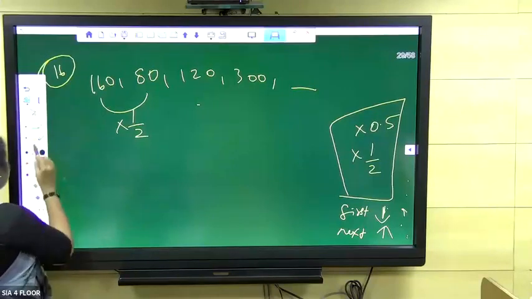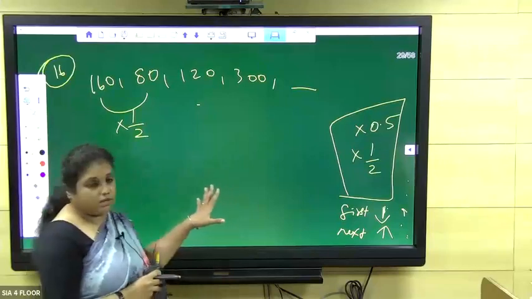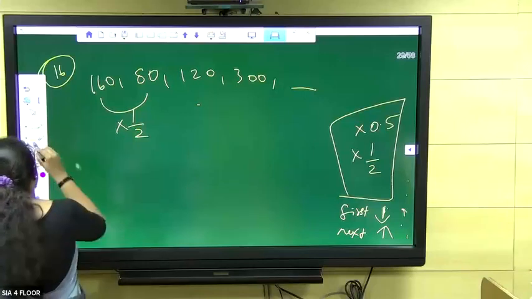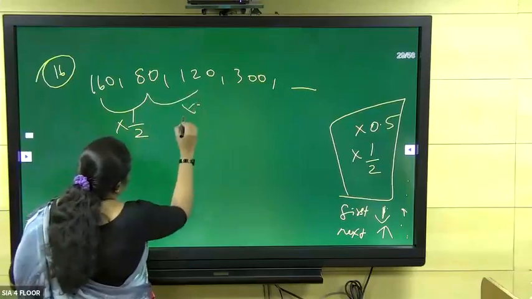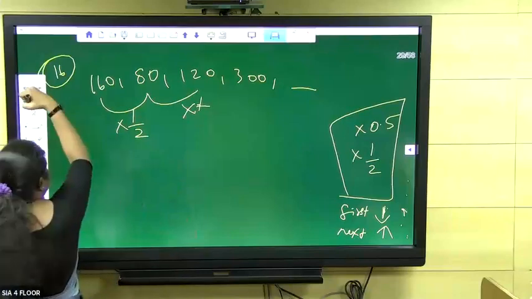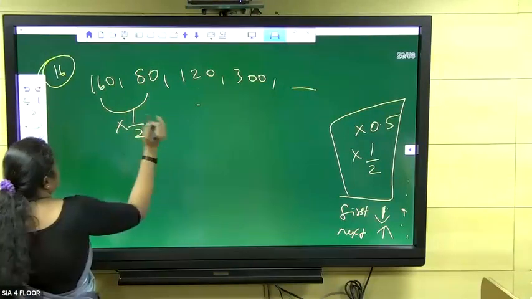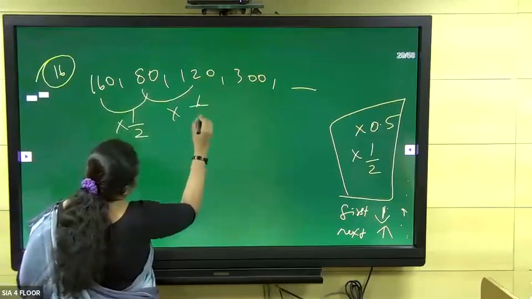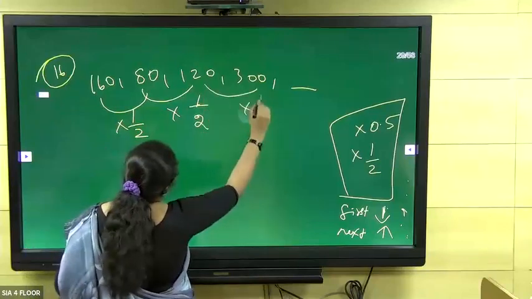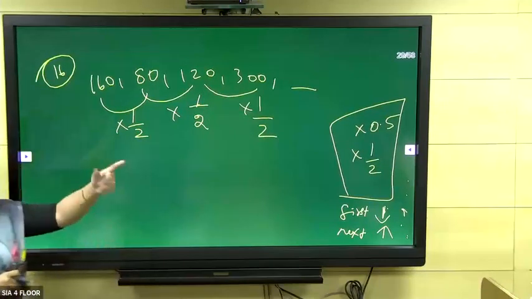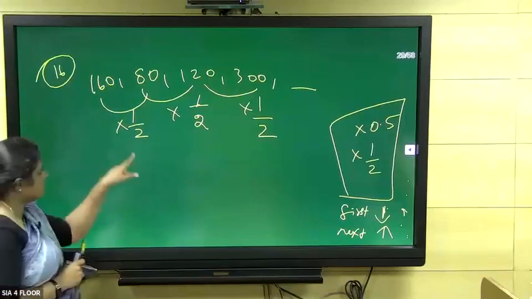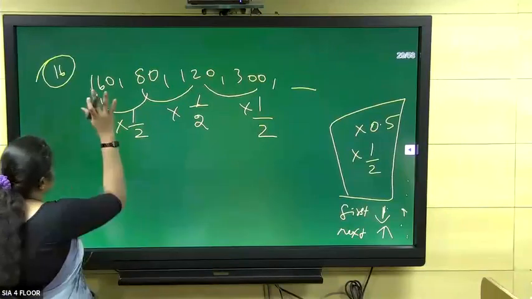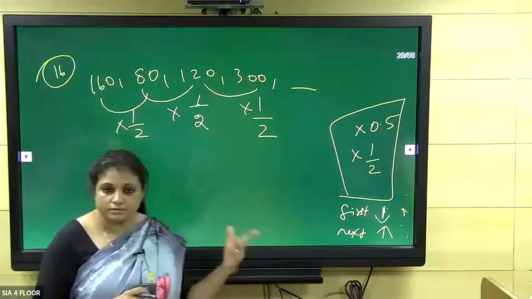Okay, once this has been done, hope this is understandable for you. This number is half of this number. Once this format comes, it continues till the end. Here also you will get this 1 by 2, and this one also will have this 1 by 2, but in addition to something else. Once it starts with 1 by 2, the entire sequence will have that 1 by 2 format. Anyway, hope this is understandable for everyone.